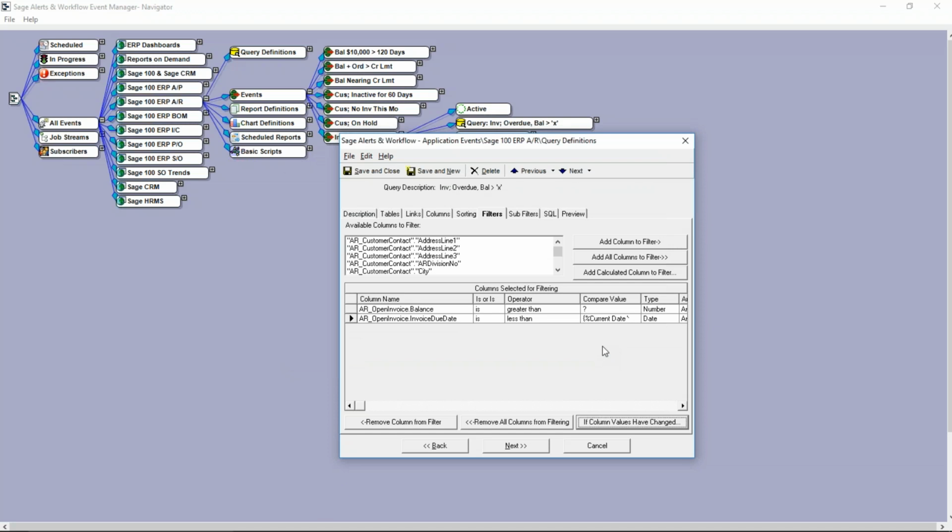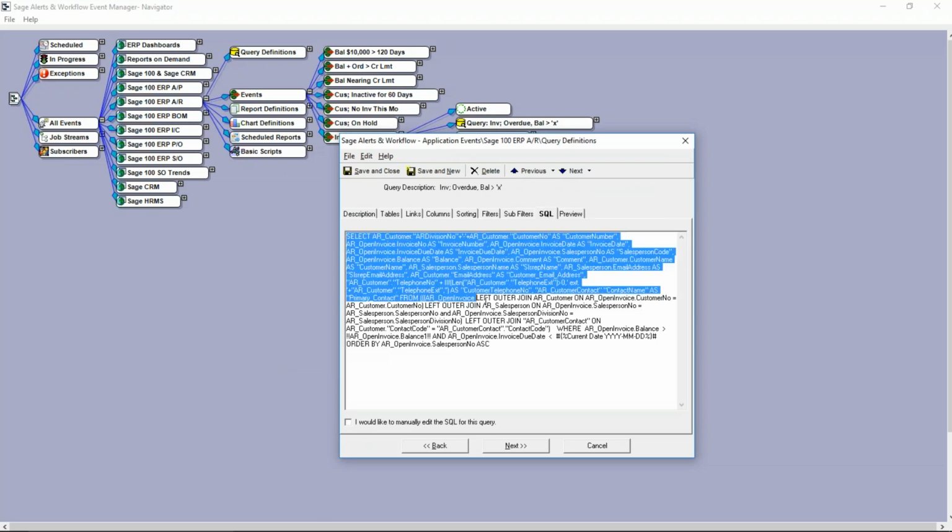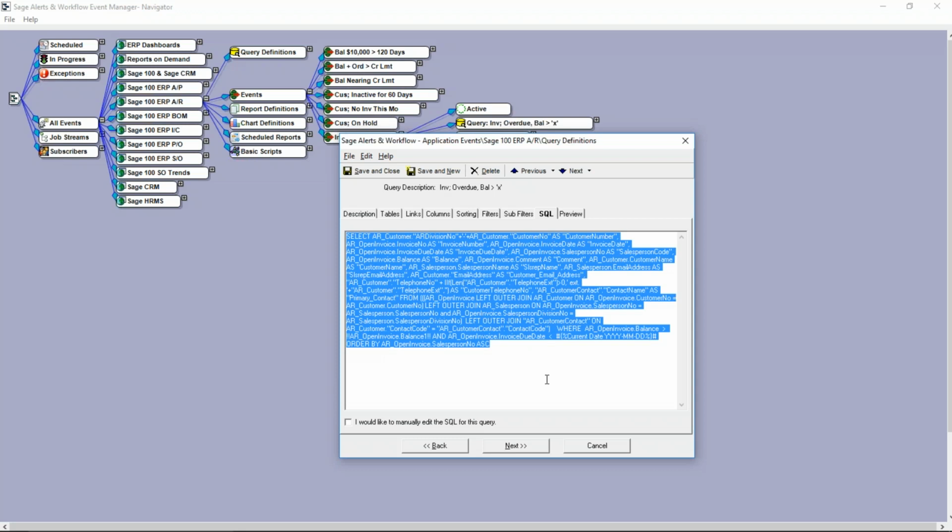Now, just in case we do have any programmers with us on this call and you want to see what Alerts and Workflow is doing in the background, I'll show you. It's executing a fairly sophisticated SQL select statement. Why am I showing you all of this? Because this lovely blue code is what you don't have to know how to do. Alerts and Workflow is creating this automatically for you. You don't have to know how to write any kind of code, but if you happen to have your own code, if you want to use your own procedures, you do have the ability to plug them in here.